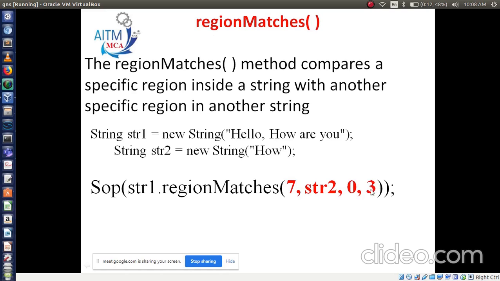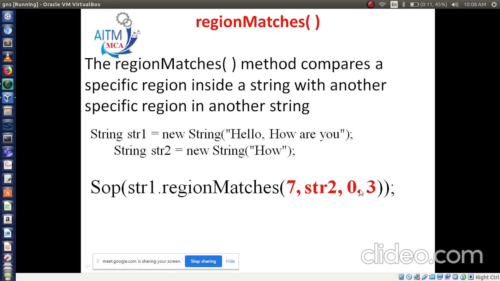How many characters do you have to match with this string? So 3. This 0 indicates the beginning position, 0 to 3. It means 0 position to 3rd position: 0, 1, 2. Right?